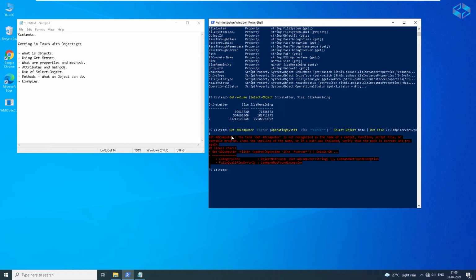So as you can see, the Get-ADComputer and the filter, and we will talk about filter and everything in the next video, how we can do that. And this is actually very useful for an IT administrator or Active Directory administrator, which you can select the operating system from Active Directory, you can filter out, and you can save into